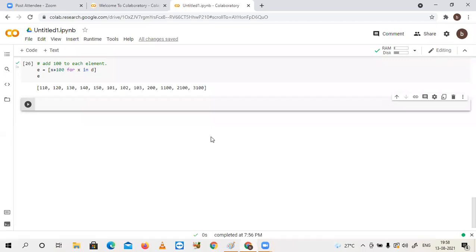Okay. Now, sir, if you want to choose multiple conditions, can we add multiple loops? How can we do that, sir? We can. Just please follow me. I will make you a beginner to expert level. Don't worry about it.